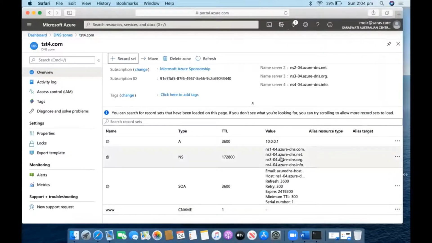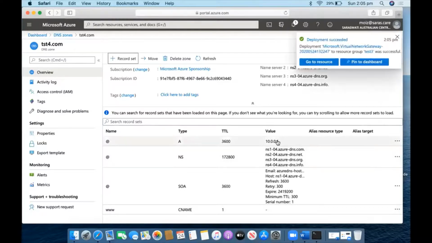Whatever traffic is redirected will communicate with this domain, and after that it will be redirected to this particular virtual machine. So this is inside Azure. Whenever the traffic comes, it will hit this one. And we are providing the A record saying that whenever the traffic for saras.care comes in, you have to forward the traffic to this particular virtual machine.